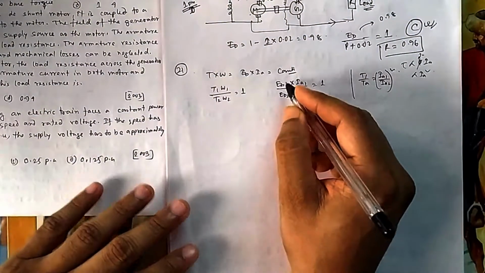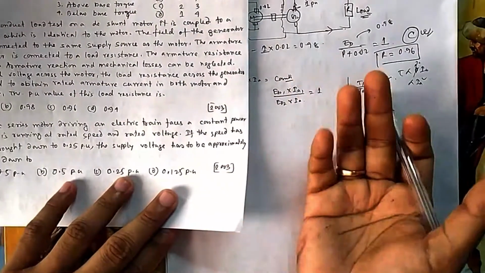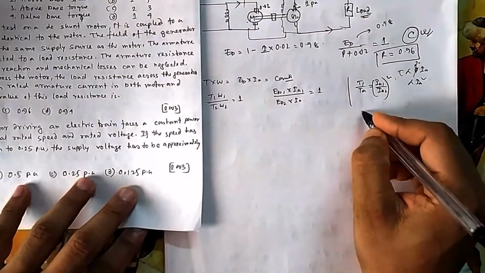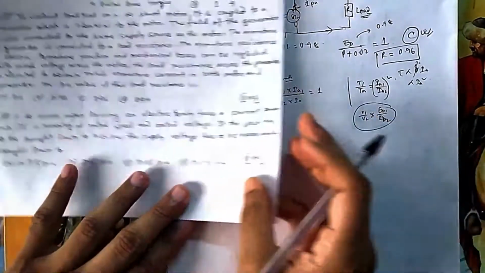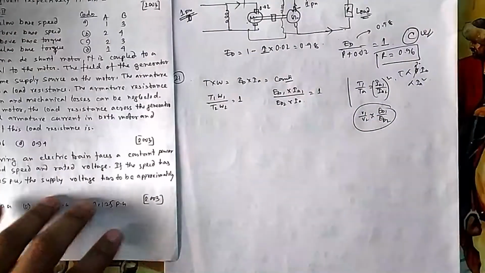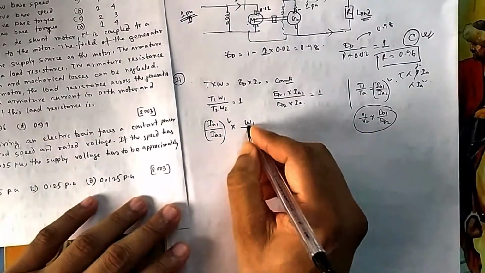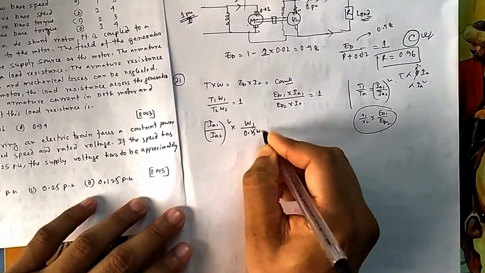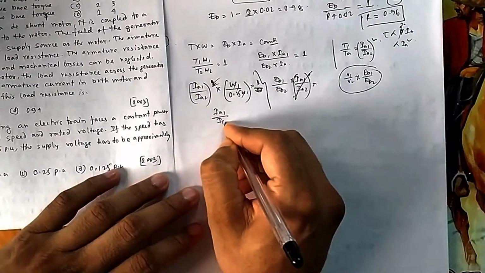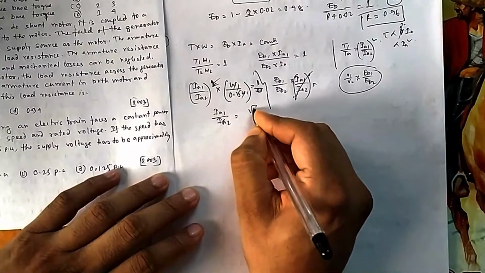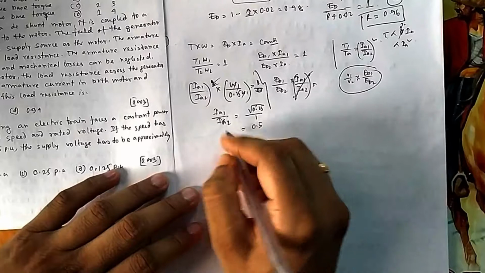You need to find the EMF, that is the supply voltage. So back EMF you can take approximately equal to V. So whatever are EB1, EB2, you can consider as nearly equal to V1, V2. That is an approximation, and this approximation they are asking for. So you can find I1, I2 from here. The speed is 0.25 per unit. So if it is omega 1, it will be 0.25 omega 1. So omega 1 gets cancelled. So IA1 by IA2 will be equal to the square root of 0.25 by 1, that is 0.5.